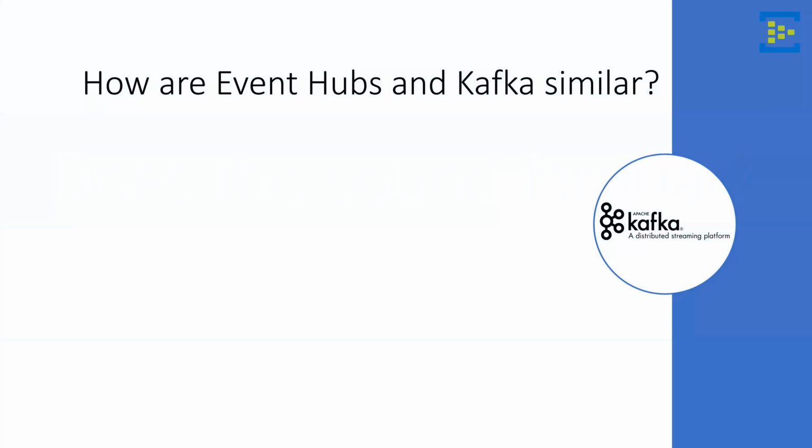So does this sound familiar? Yes, and I've already mentioned it can consume events from Kafka. Are they 2 similar services? Yes, in a way. Both are ingesting technologies. They're not queues. It's an important differentiator. If we were talking about storage queues, that was a queuing service. When we talked about Azure Service Bus, that was a messaging, but still a queuing service in a way. Event Hubs is an ingester. It's not a queue.